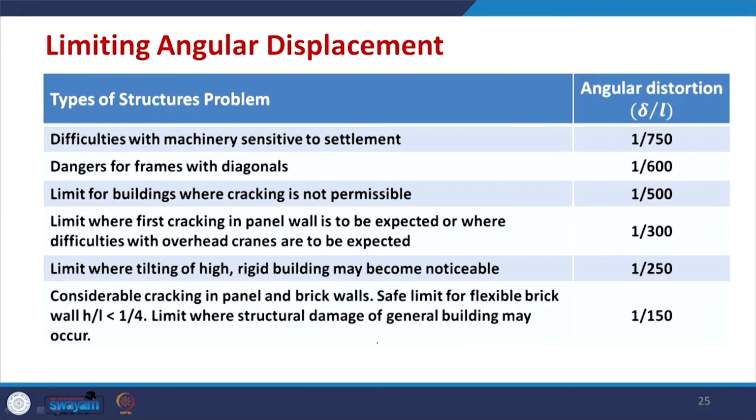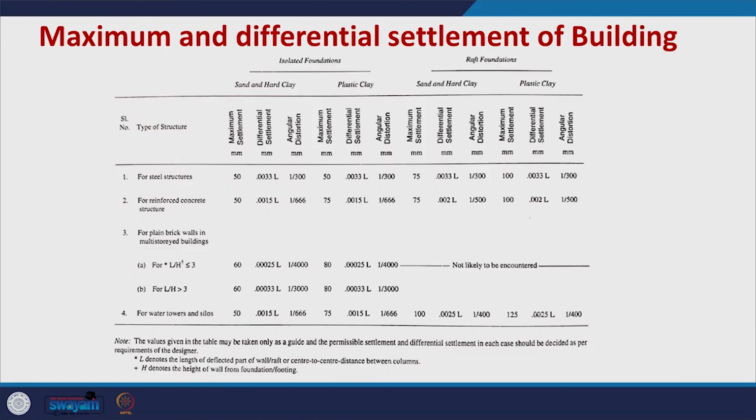So, as you go from bottom to top, the angular distortion limit is decreasing, or when you come from top to bottom of this table, it is increasing, and accordingly the severity of the problem increases from top to bottom. So, this completes the settlement part,